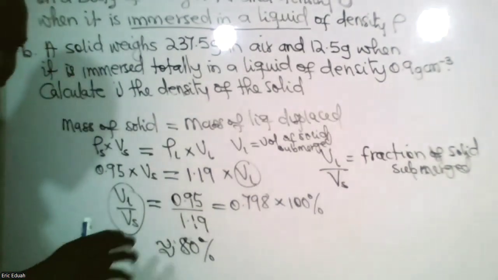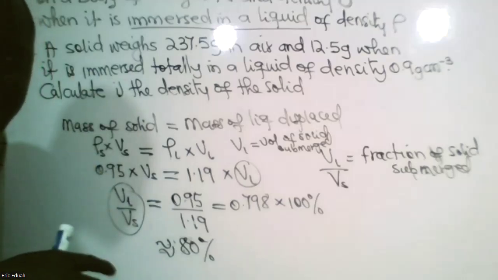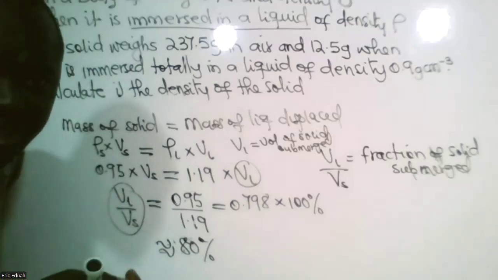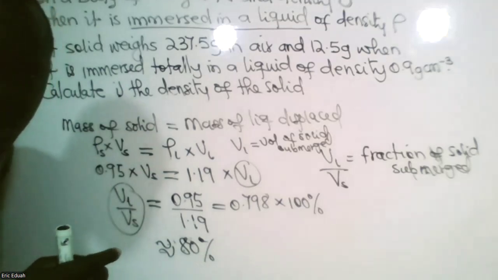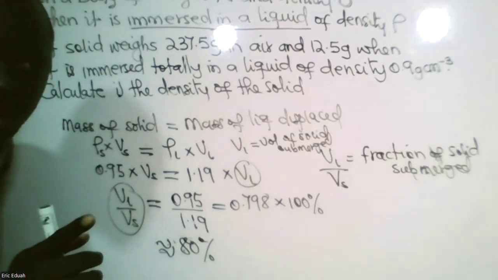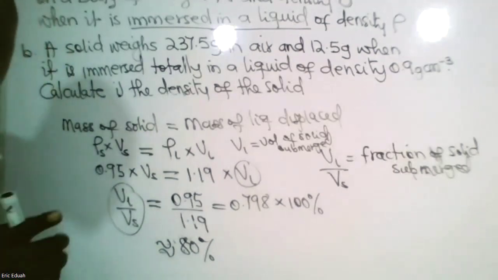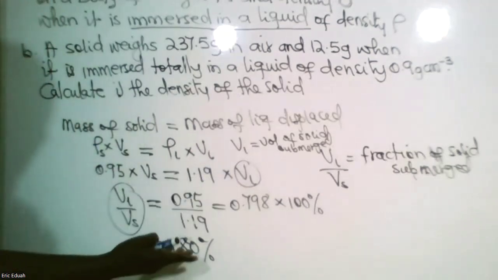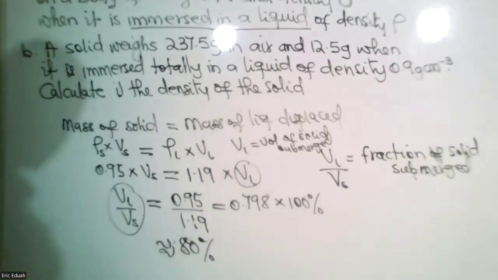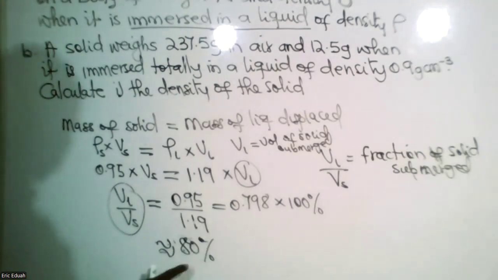Fraction is, okay, fraction is the whole fraction we know, but you see, fraction can also be expressed as a percentage. 50% is equal to half. 75% is equal to I think 3/4. Okay, 25 is quarter, 1 out of 4. So I'm just expressing the fraction in percentage. So VL over VS is approximately equal to 80%.